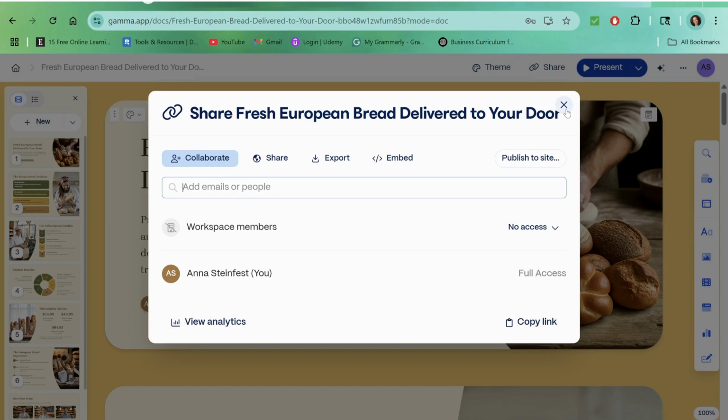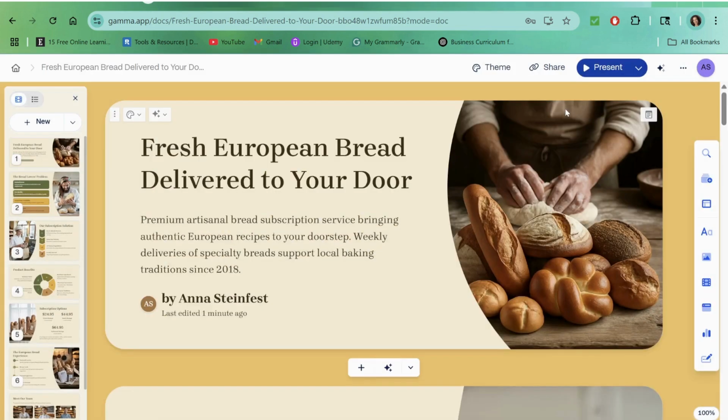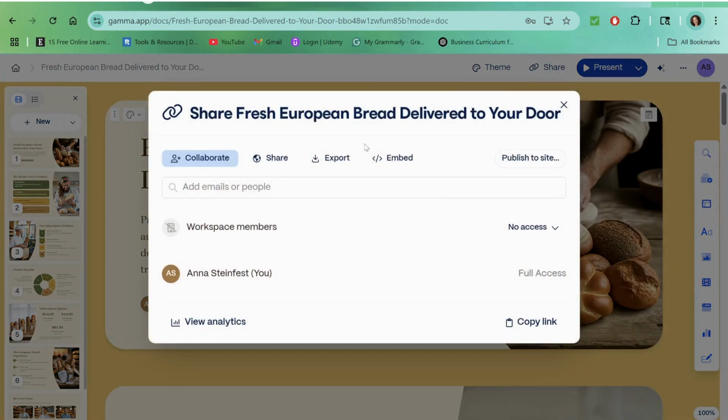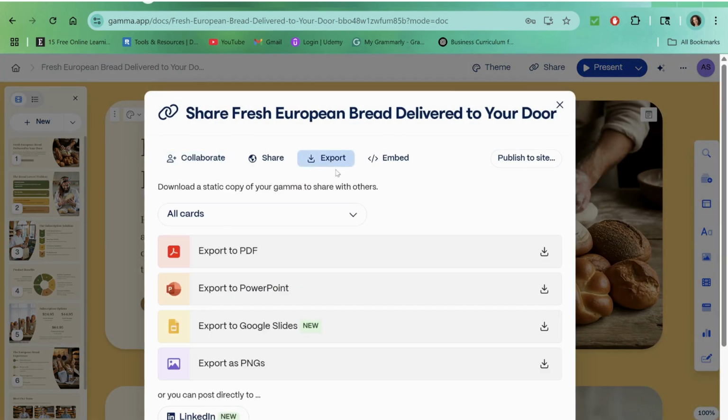Or you can simply download, you can export this presentation in PDF file, in PowerPoint file, or Google Slides or PNG file. So you have different formatting options you can